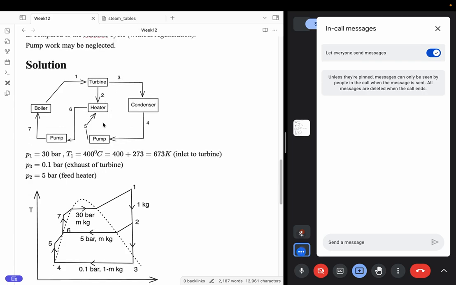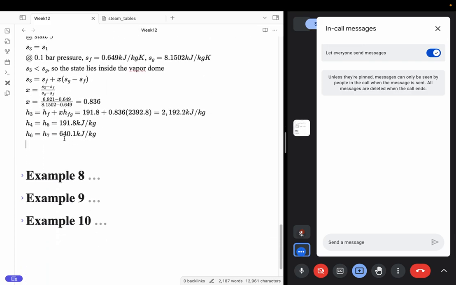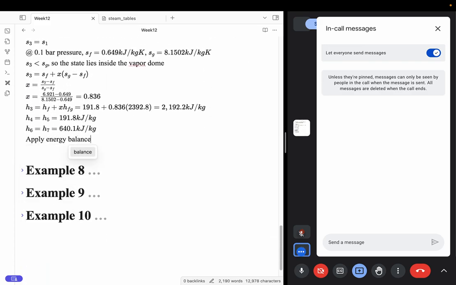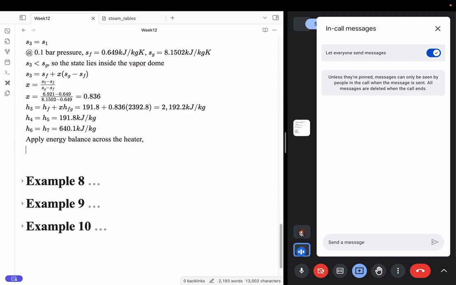So that is m times whatever is the change in enthalpy. Whatever is incoming is outlet: 1 minus m times h5, that is coming from the pump, plus m times h2 that is coming from the turbine, should be equal to the total leaving. The leaving is the inlet of my pump. So if I apply an energy balance across the heater, all we have is whatever is coming in should be equal to whatever is going out. So m times what is coming in is,